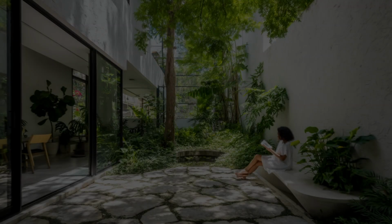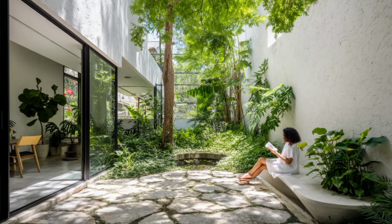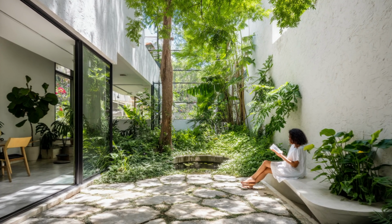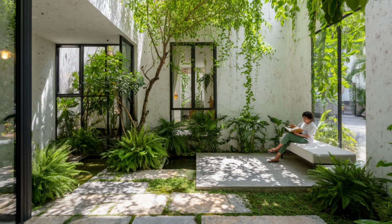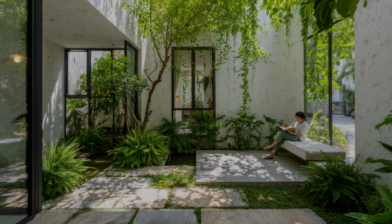At the heart of every elegant L-shaped home lies a courtyard green space, a personal oasis that reconnects us with nature. These courtyards aren't merely decorative. They're carefully designed to enhance natural lighting, improve air circulation, and provide a private retreat for relaxation or entertaining. Imagine stepping out of your living room into a lush garden where you can meditate, have coffee, or let your